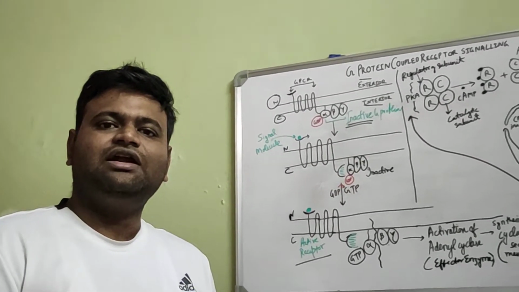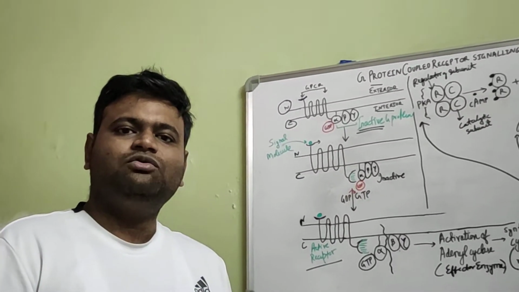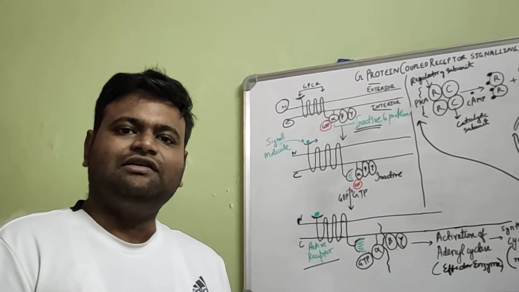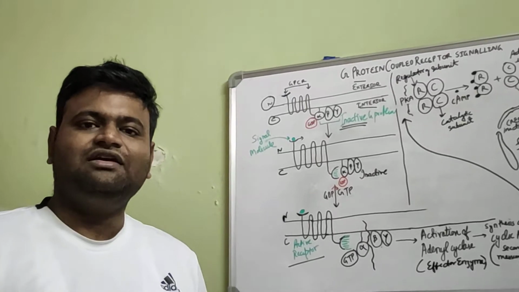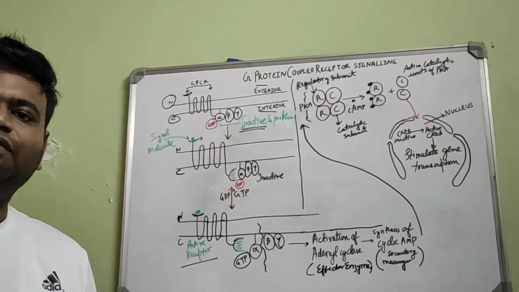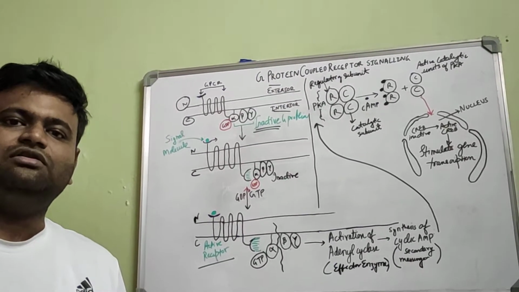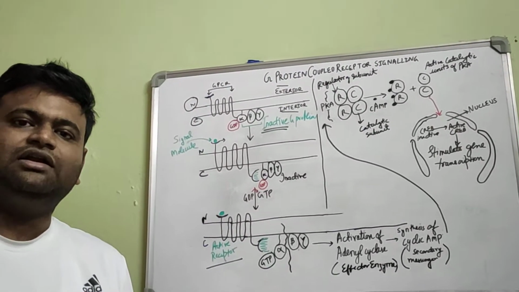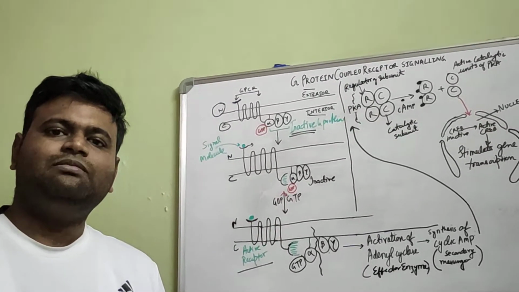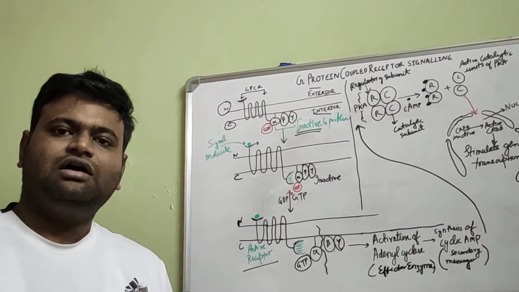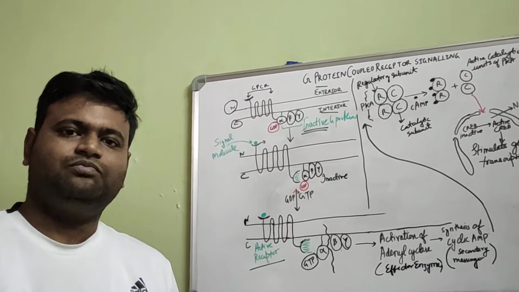Now this examination is conducted twice in a year and each year several students qualify for the lectureship as well as the JRF examination. Today we are going to study about cell signaling. Now cell signaling is a very important topic in the CSIR UGC NET Life Science examination. Each year you can expect around 2 to 4 questions which carry around 8 marks to 4 marks in the CSIR UGC NET Life Science examination.